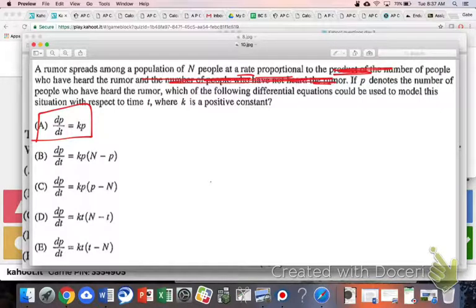So if we scratch out all the stuff in red there, do you see how that fits with A? Rumor spreads at a rate proportional to the number of people who have heard the rumor. That would perfectly go with A, dP equals Kp. But that's not what it says. It says that